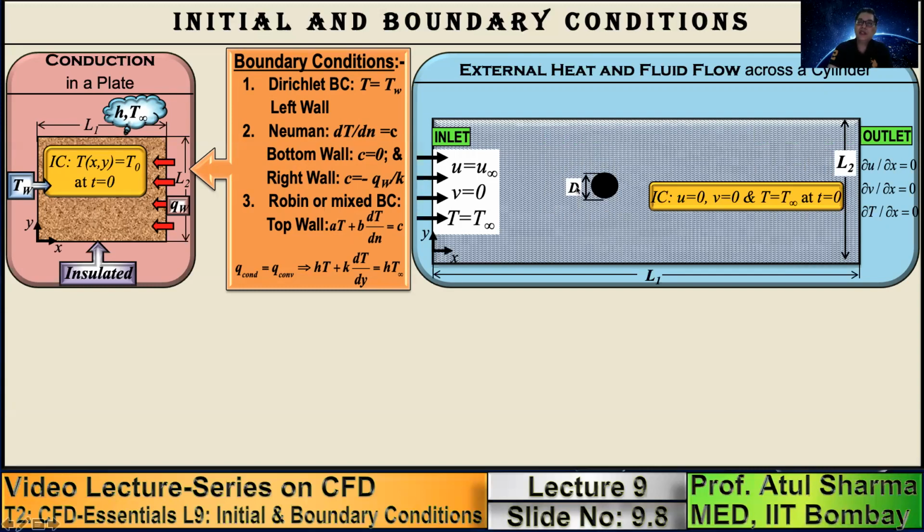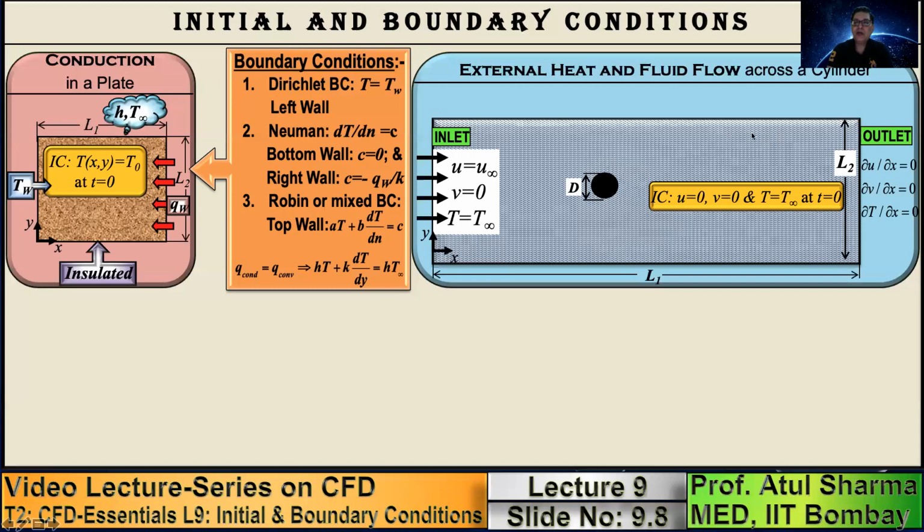Similarly, in the case of an aeroplane, it is not moving in a closed region. So realistically the boundary is an infinite boundary. But whenever we do a simulation, we have to take a fixed region. So we decide this outer boundary, and at this outer boundary, we have to use a physically realistic boundary condition. Note that the size of this external boundary plays an important role in getting an accurate solution, and it should be large enough so that our results are physically realistic.